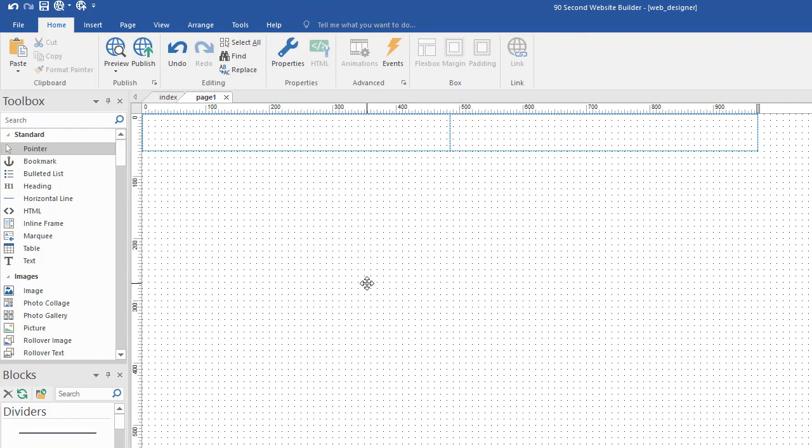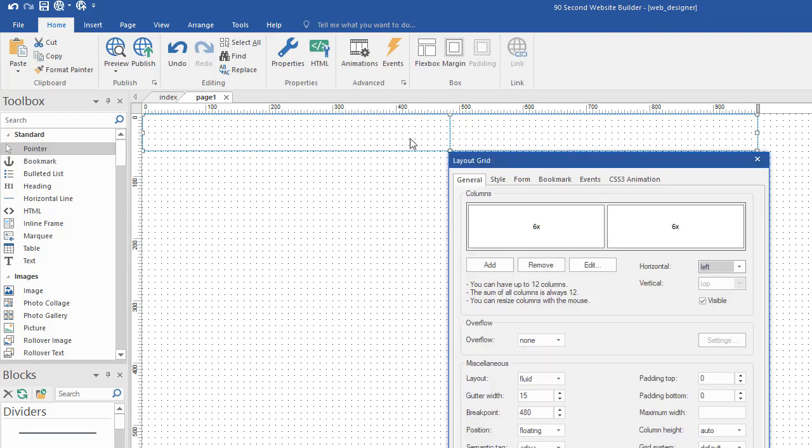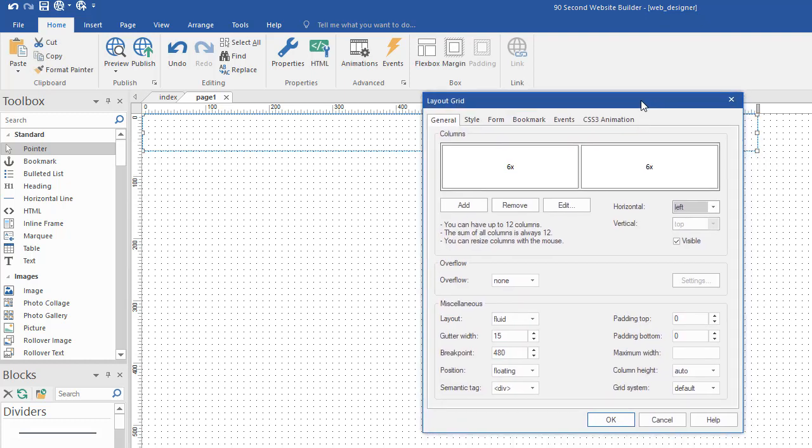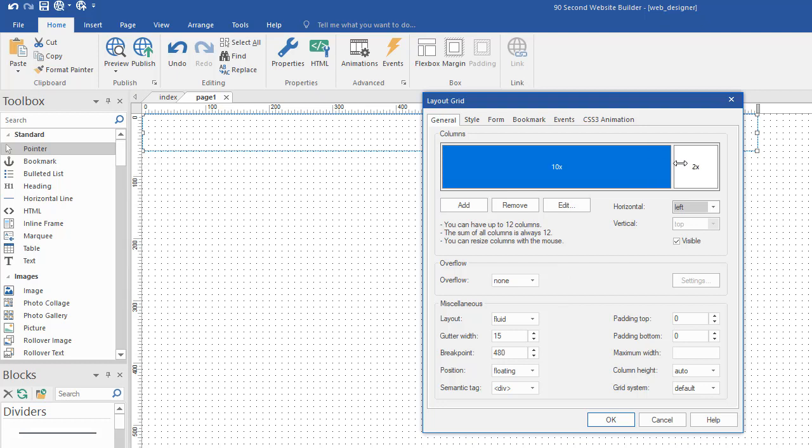That's very important. Also, whenever we put one on the page, by default, it shows us a layout grid with 2 cells, sometimes called columns. But you don't have to have 2. You can have as many as 12 and as few as 1. And this is where you set those. You can also determine their relationship to each other and their size ratio. In this case, I'm actually just going to use a 1-column grid. So I'm going to remove one of these, and we'll just have 1 column or 1 cell in this layout